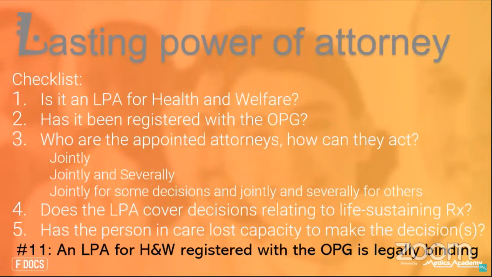So taking somebody's word that they've got an LPA isn't enough if you're going to trust this person to refuse treatment for the patient. So you need to see the document, and when you see it, you want to check whether it has been registered with the Office of Public Guardian. It takes about 6 to 8 weeks to register an LPA, and so lots of people have filled the forms out and have never sent them off to be registered.